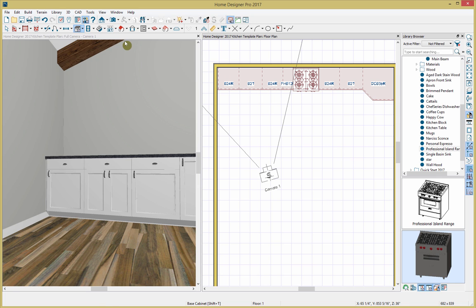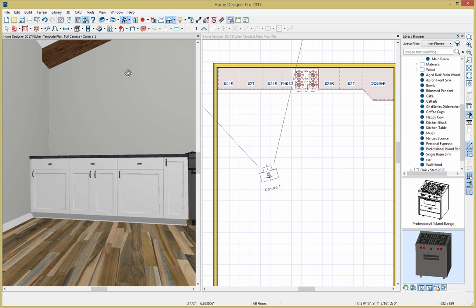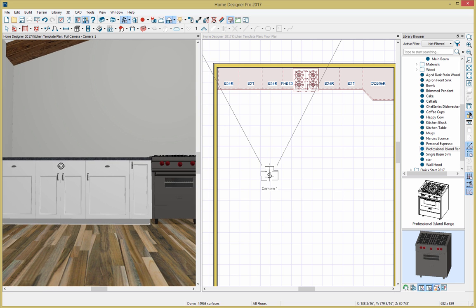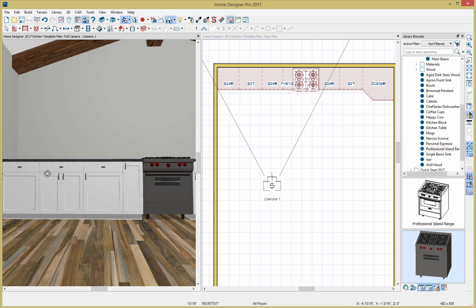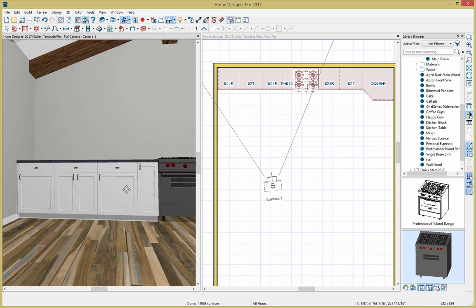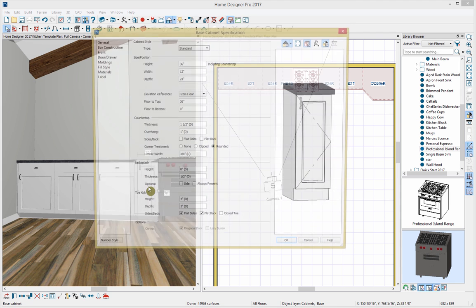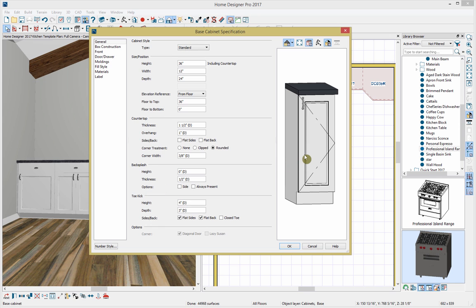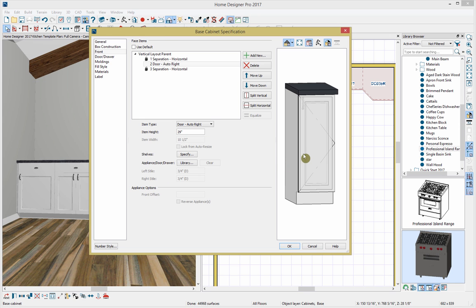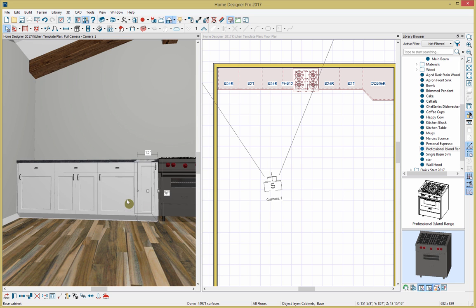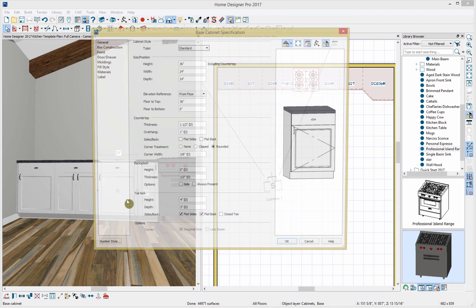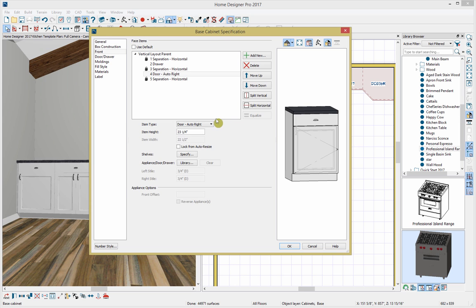And so let's get back and rotate in our view just a bit here. And I can see now that I've placed some of my cabinet items. We'll zoom back out and then rotate so I can show you a better view. The left side cabinets need to open properly, so they're opening on the wrong side. So what I can do here is just click on that cabinet, and you can actually change the way that it opens. So I can jump back to that door, and we can change it to an auto left. Click OK to accept the change, and then we'll do that again for the cabinet next to it. Go back to the item, and then just to reinforce, we can change that to an auto left